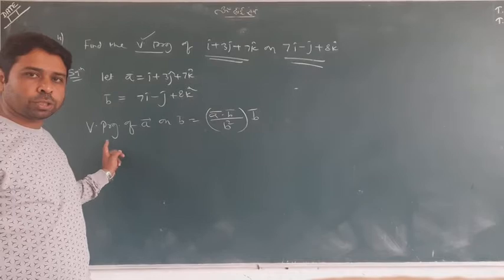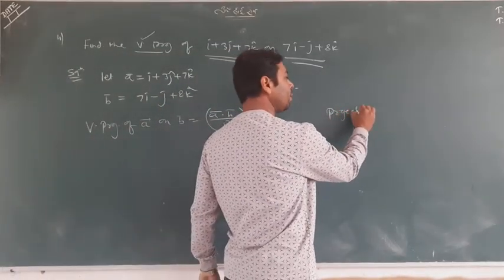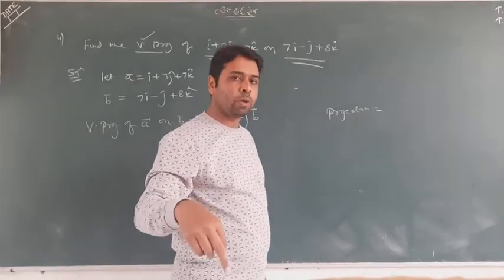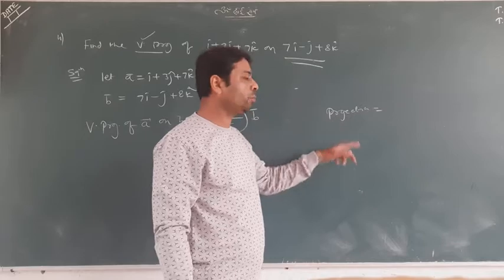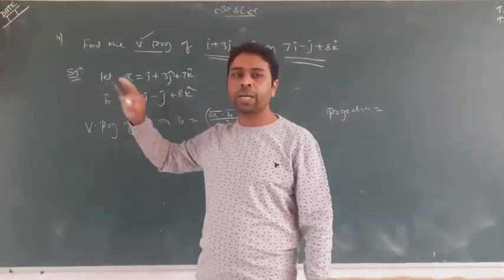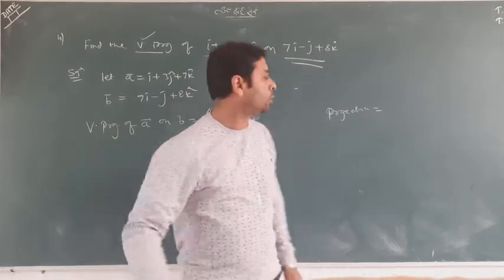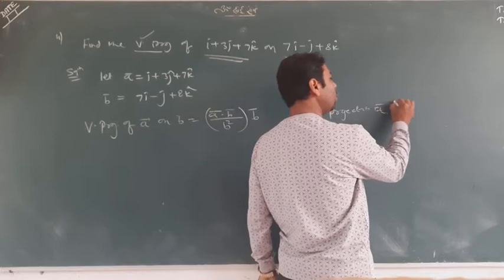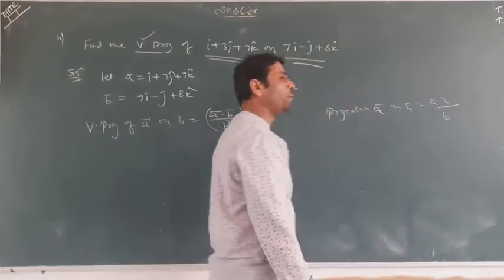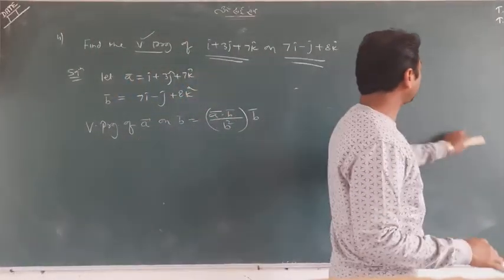That is vector projection. But if only projection is asked, you can see in the real question of the book, the projection meaning is scalar projection. But I am telling you vector projection because till now I haven't told you this particular question. Only projection of A on B is called A dot B upon mod B. That is the simple formula. This is scalar projection, but vector projection is this one.